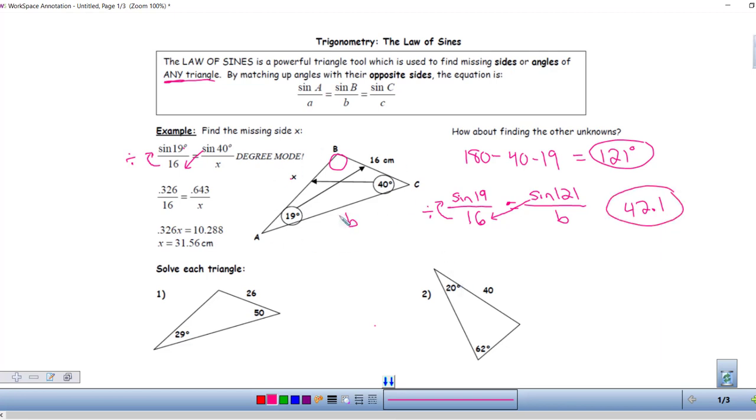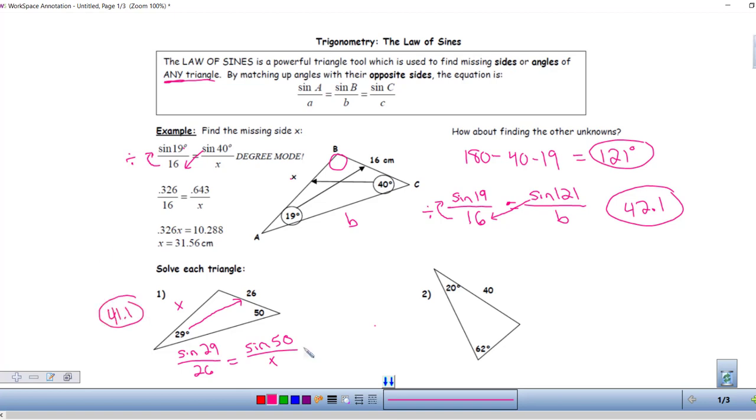So in the last unit, we only were able to solve right triangles. Law of sines is one way that we can solve for any triangle, not just right triangles. So in this triangle, I want to find my opposite pair. So I have sine of 29 over 26. That is a pair. And then we have an angle. So sine 50 over the opposite side, we'll call that x. Again, I'm going to multiply sine 50 times 26 divided by the sine of 29. You guys put that in your calculator. We should get